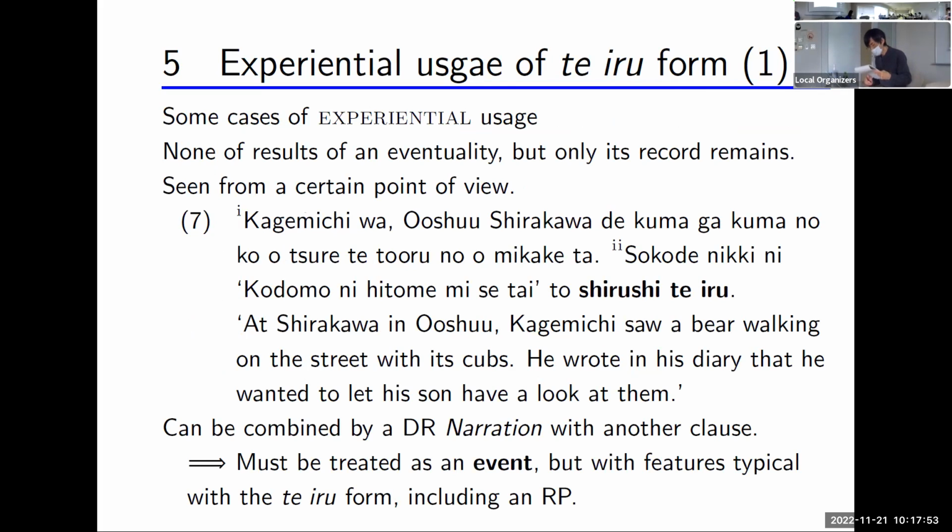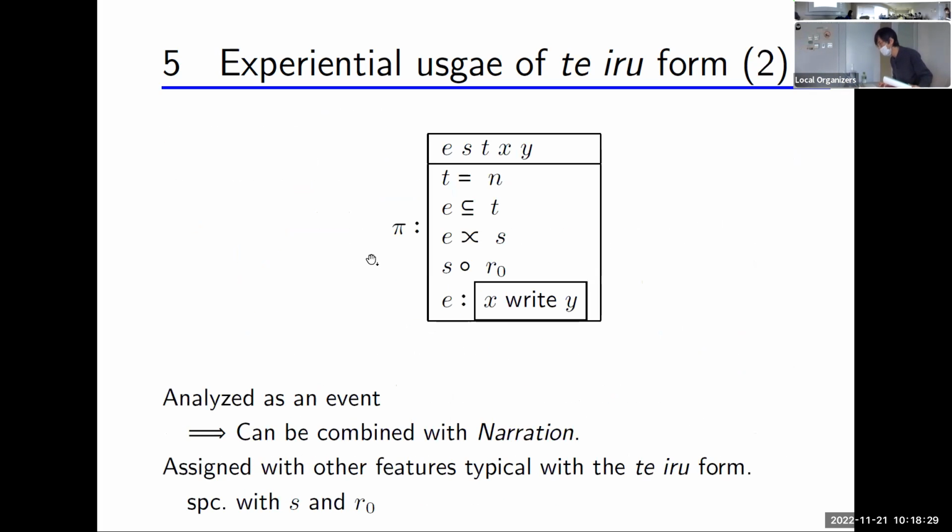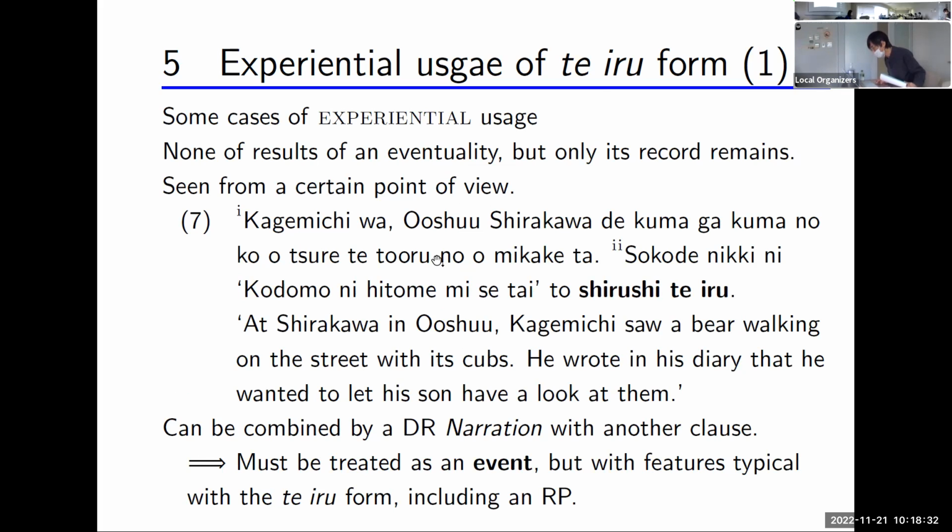The experiential usage of the tail form indicates that eventualities that occurred in the past exert an influence on the reference time. In some cases of this usage, none of its results, but only its record remains. So as in this discourse: he saw a bear leading its cub across the path while traveling, and then he wrote in his diary that he wanted to show his child. So this guy saw something very strange when he was traveling. And so he took a